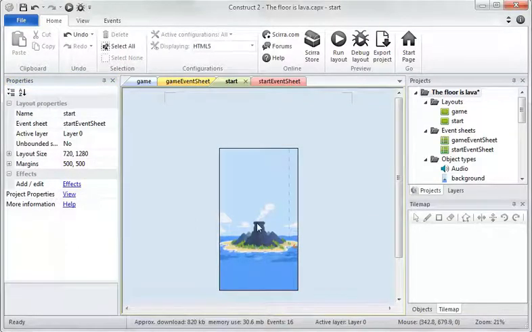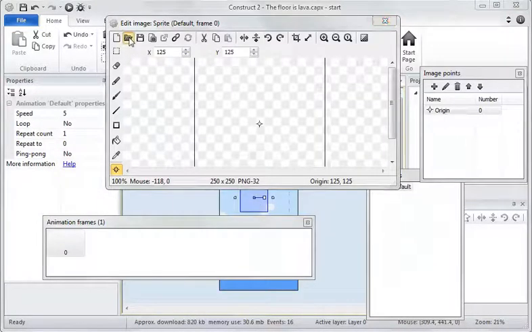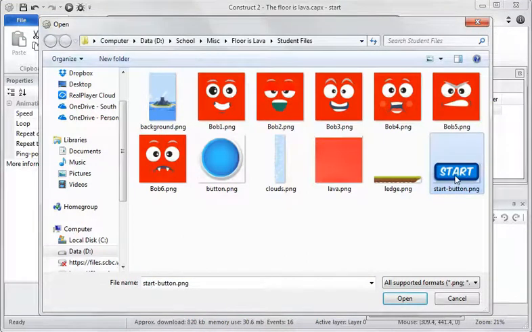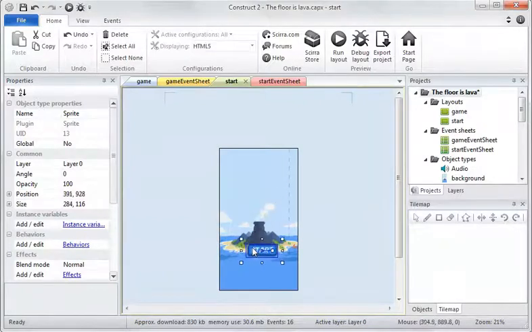and we are going to add a start button to this. So we double click here, sprite, load, and this is our start button. That's great. Put that down there. Now we're going to get onto our logo in a minute. That's going to be another tutorial about getting that graphic in. We'll deal with the logic of this first, and we'll add the high score as well, and then we'll go back to adding this logo in. Okay, so we've got this start button. Need to call it start button,